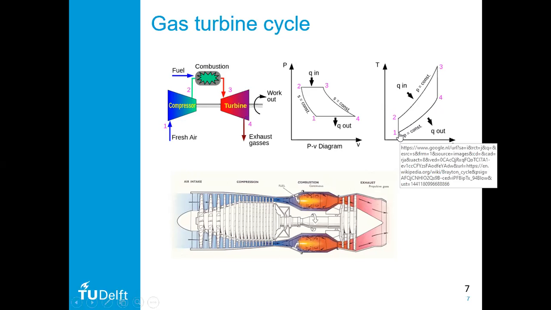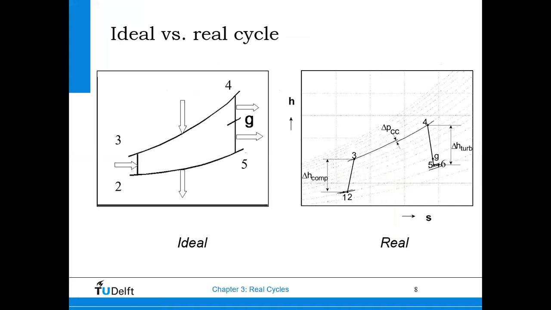The net power that we can deliver is the power delivered by the turbine, 3 minus 4, minus the power consumed by the compressor, 2 minus 1. So these are the basics of simple diagrams. Now we have the ideal cycle versus a real cycle. In the ideal cycle, you have isentropic compression and isentropic expansion, and you have isobaric combustion or heat addition. In reality, and for me it is very important that you get this right,